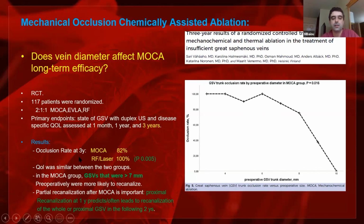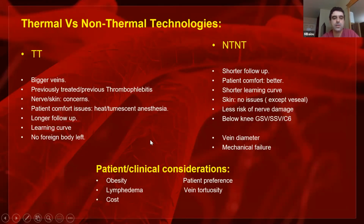Also, that study confirmed our findings from the Maradona study with a closure rate of MOCA being around 82%, which is inferior to RF and laser, which was 100% in that study with a robust p-value. And also that study confirmed our suspicions from the Maradona study about proximal recanalizations. Partial proximal recanalizations at 1 year often predicted total recanalizations in the 2 years that follow. So in conclusion,